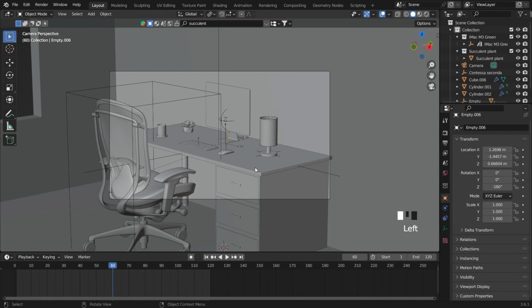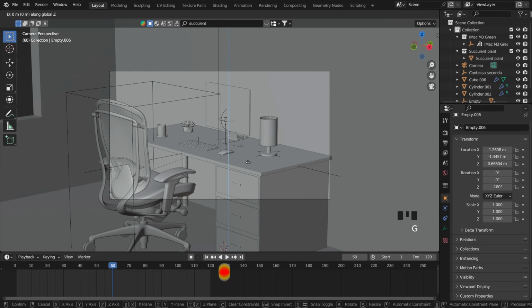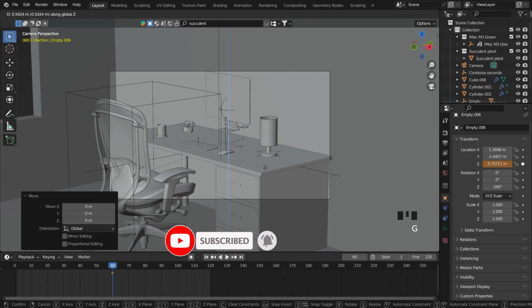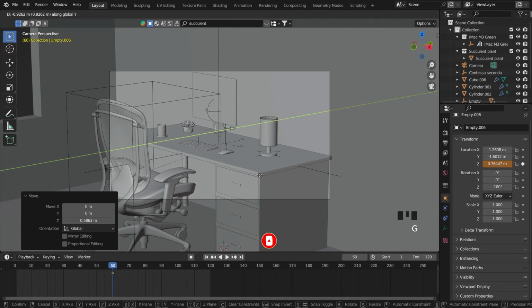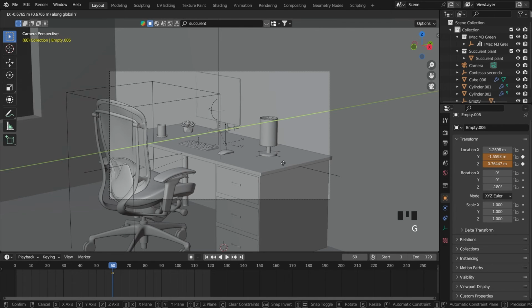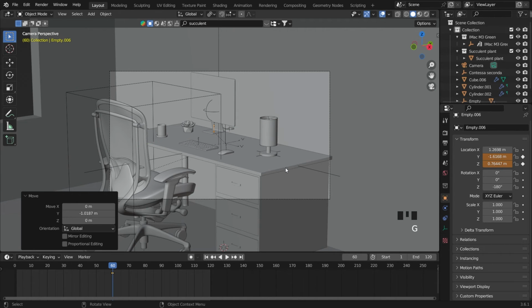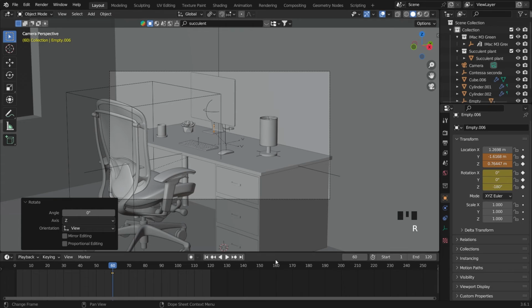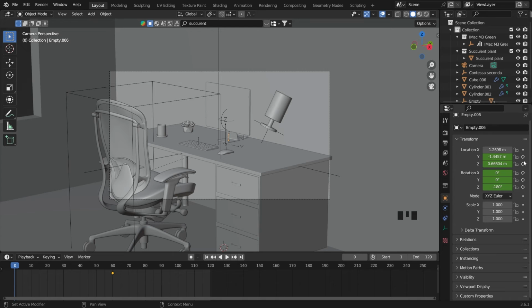monitor here. Just choosing into the 60 frame. Grab it up. Sorry, click here, this keyframe here. Grab it up. I bet I will move it here a little bit. Let's move it here in the front. And after that, just choose all of that. And we can take it back here. Just choose